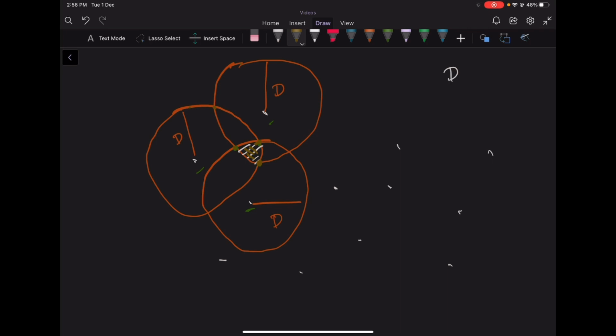Because if we check, this point will be present inside all the 3 circles. Again, this point will be present inside all the 3 circles. This point will be present inside all the 3 circles. We may have other points inside this region as well, which are present between all the 3 circles, but we just need to check if we have a red zone or not. So what we are trying to do is find candidates for red zones.